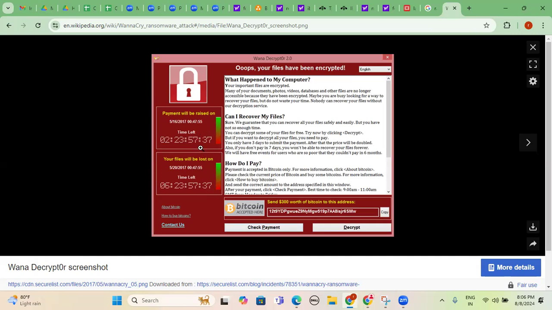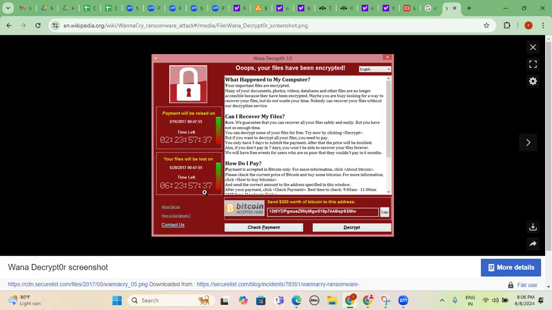If you don't pay within that, your files will be lost, I will delete your files, within 6 days, 23 hours, 57 minutes, 37 seconds. After one week, you will lose your confidential files.